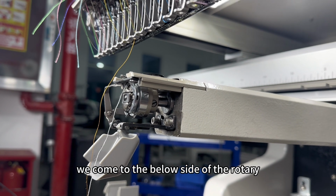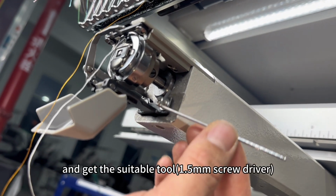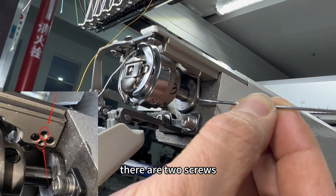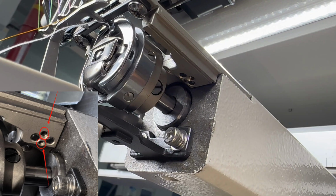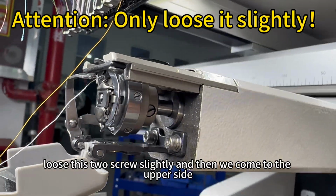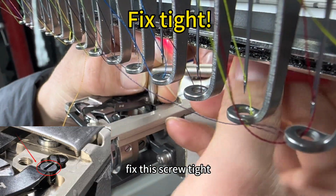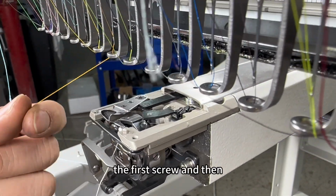We come to the below side of the rotary and get the suitable tool. There are 2 screws below it. Loose these 2 screws slightly, and then we come to the upper side. Fix this screw tight. The first screw, and then